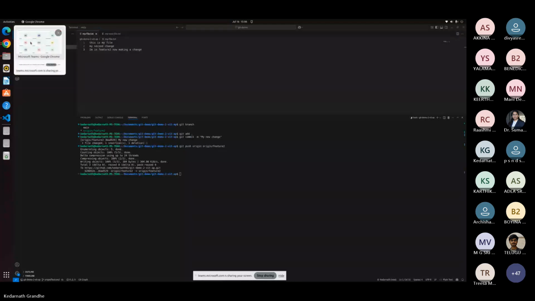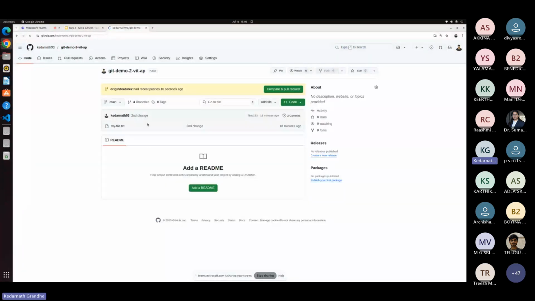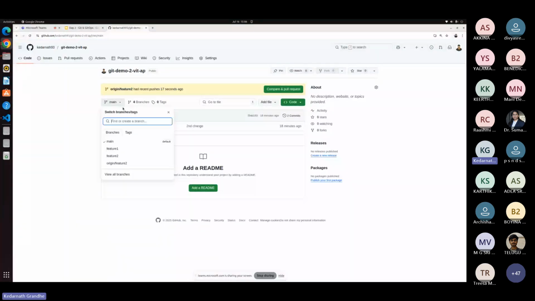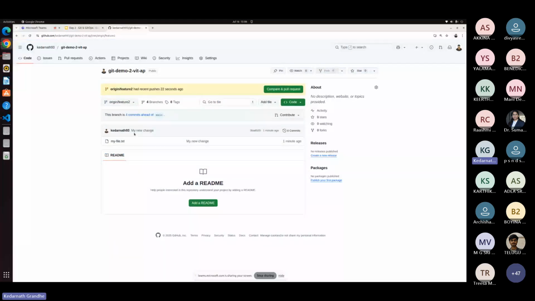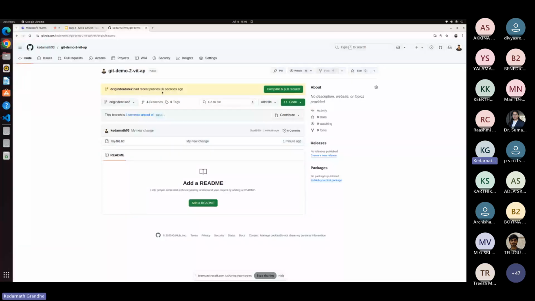And okay, if you can refresh, I'm on main branch, that's why I'm not able to see this. So feature 2, this, I'm in feature 2 now and making a change. Okay, so and you can see something called compare and pull request here. We'll talk about that, but